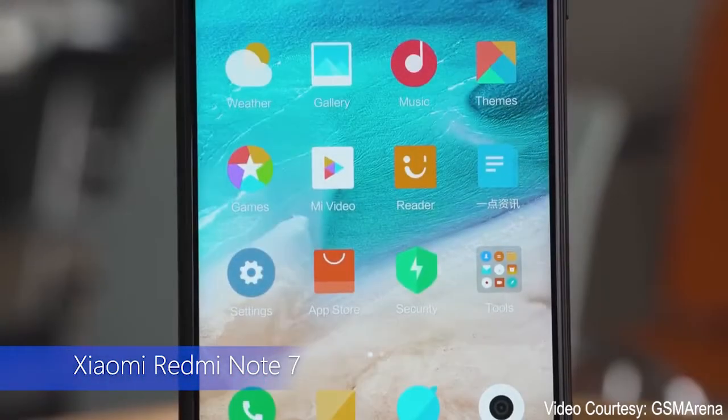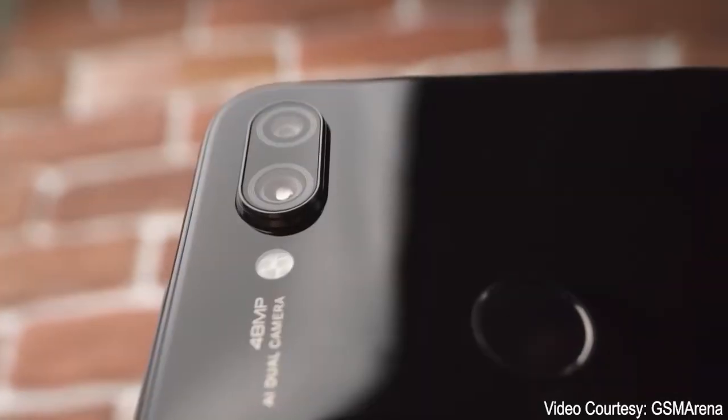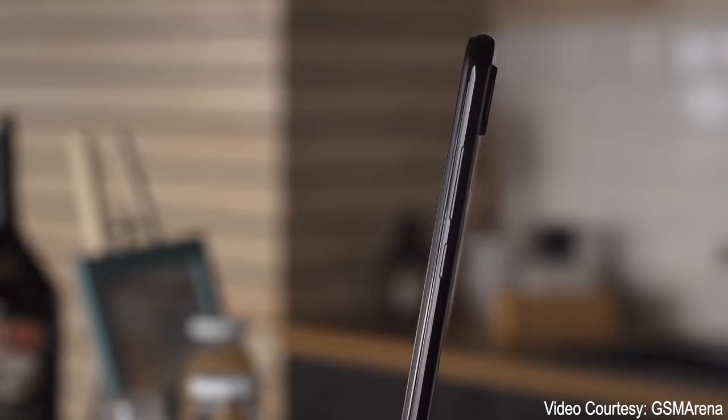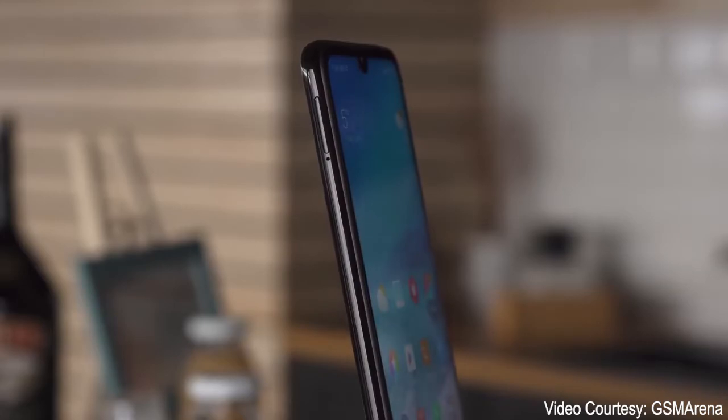First up, we have the Xiaomi Redmi Note 7. This phone keeps the design language of most of the phones that came out last year in 2019. The build quality is decent as it comes with Corning Gorilla Glass 5 on both front and back. The sides are made out of plastic, but don't worry about that, the phone still looks great and is built